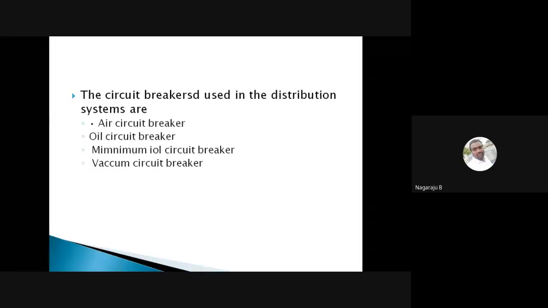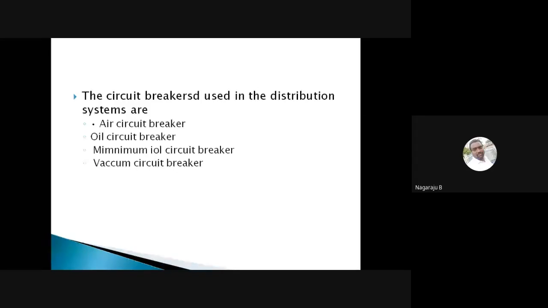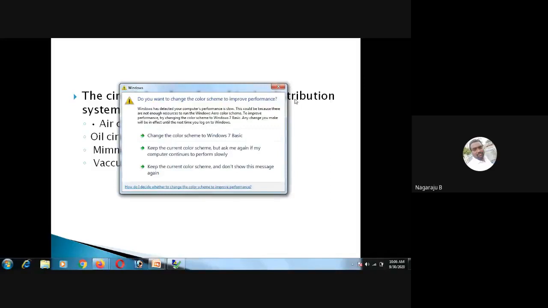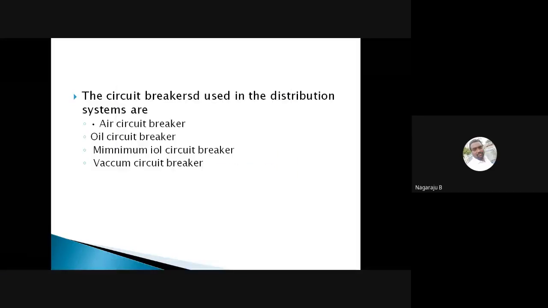Relay controlled circuit breakers are preferred with reclosers due to their greater flexibility. Whenever you have a faulty type of condition, automatically you are going to have a